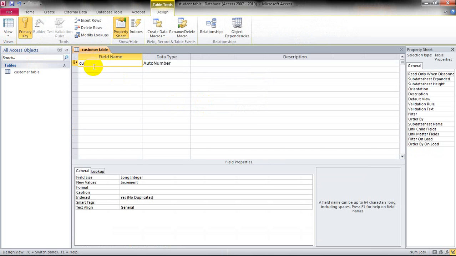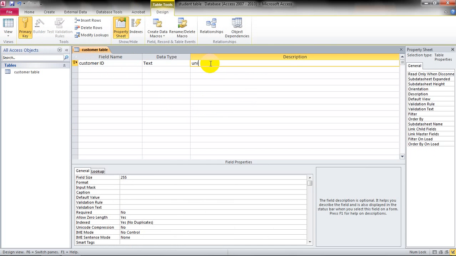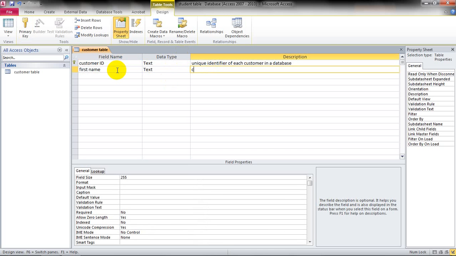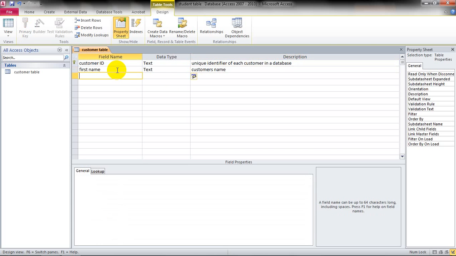ID is going to be customer ID, text. Description is unique identifier of each customer in a database. First name, text, customer's name. Last name,